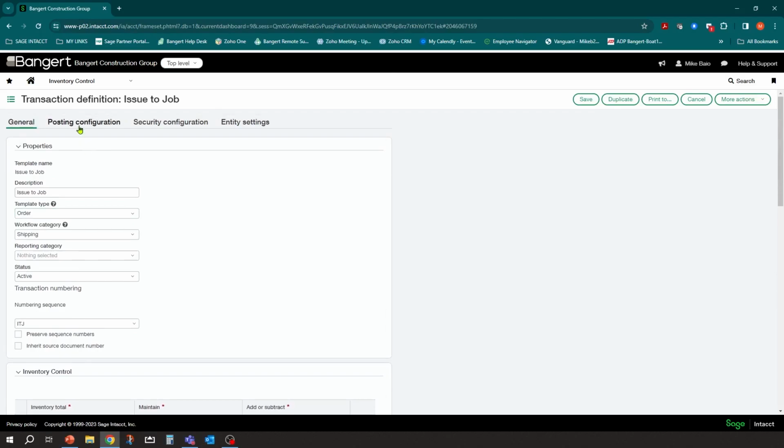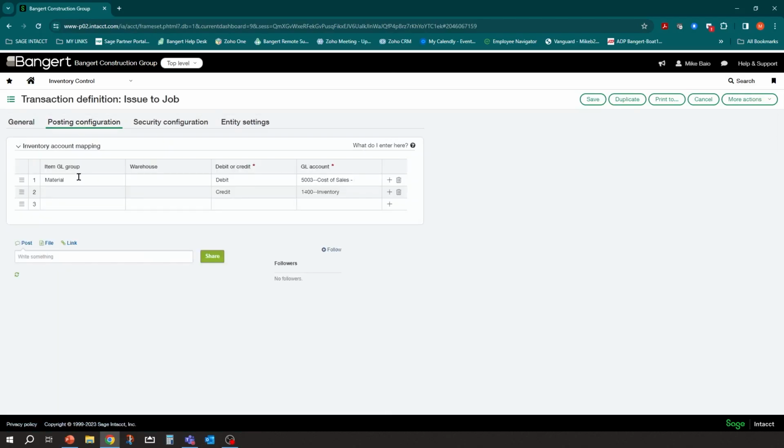What we do need to do is make sure, over in posting configuration, just like in the prior sessions, that we're going to the right general ledger. In this case, our inventory items are all coded to the material GL group, so I just need to set up that one. When we issue to a project, we want to debit whatever our construction cost of sales or WIP account is. In this case, I have cost of sales material.